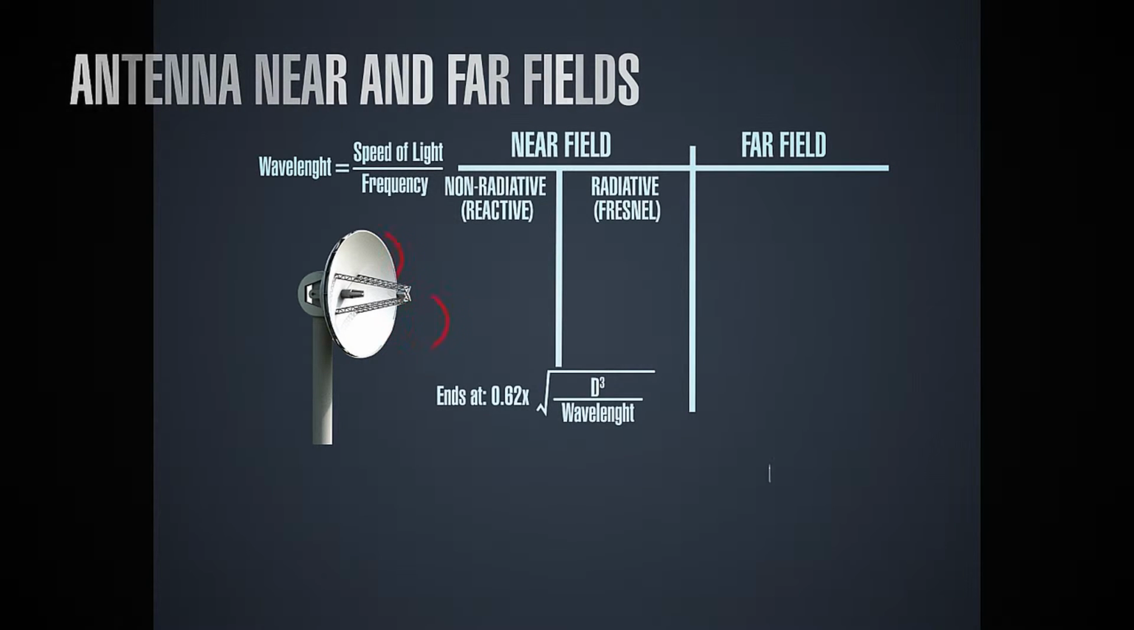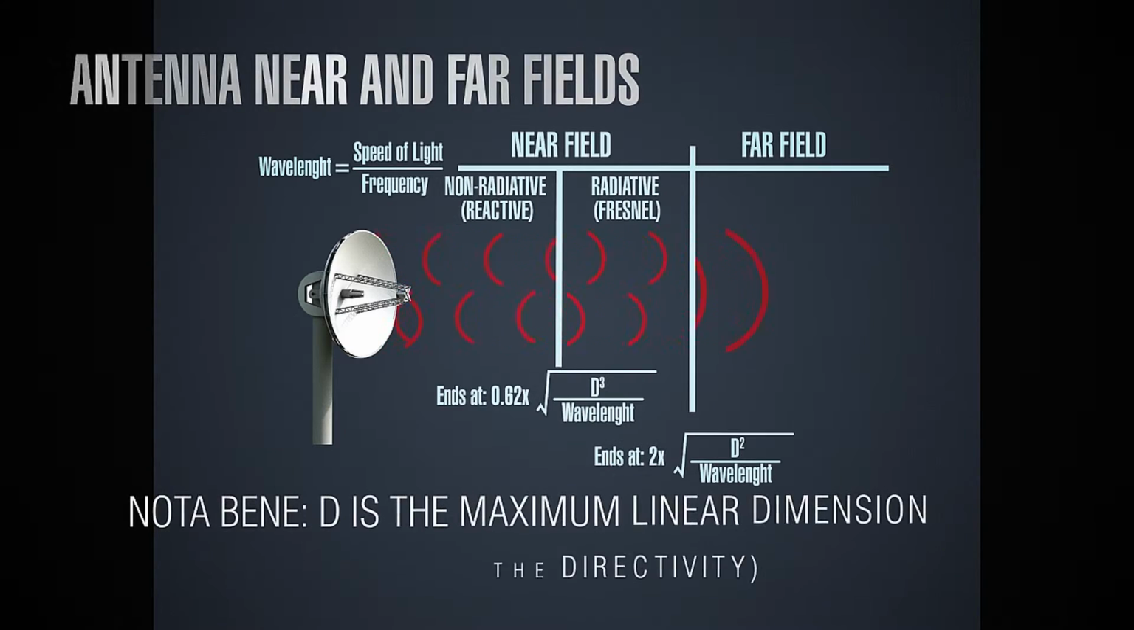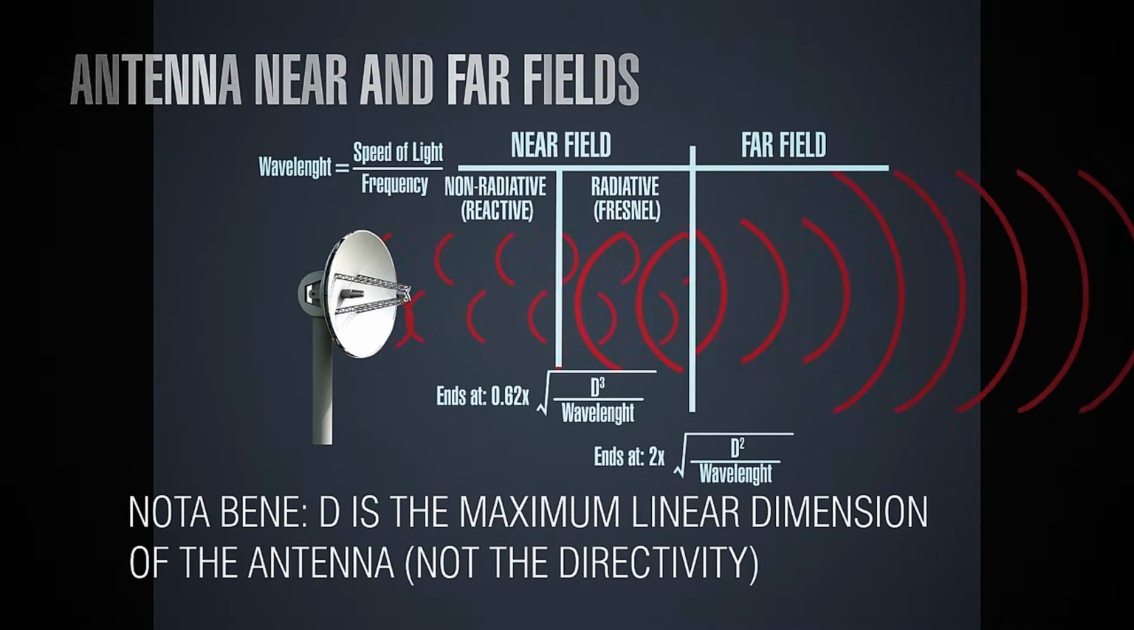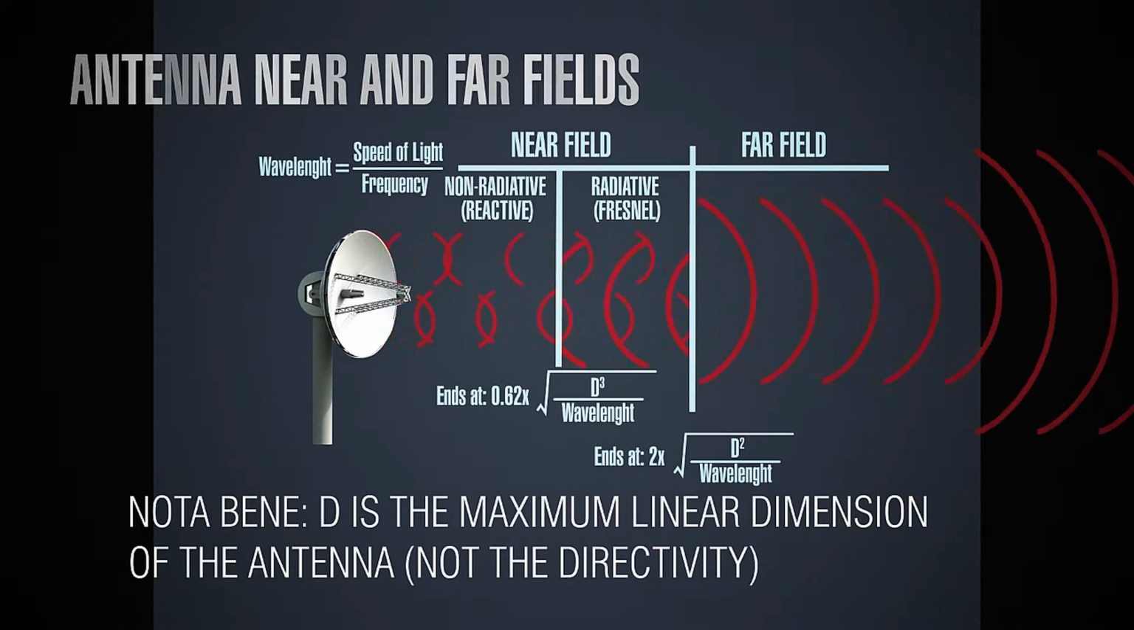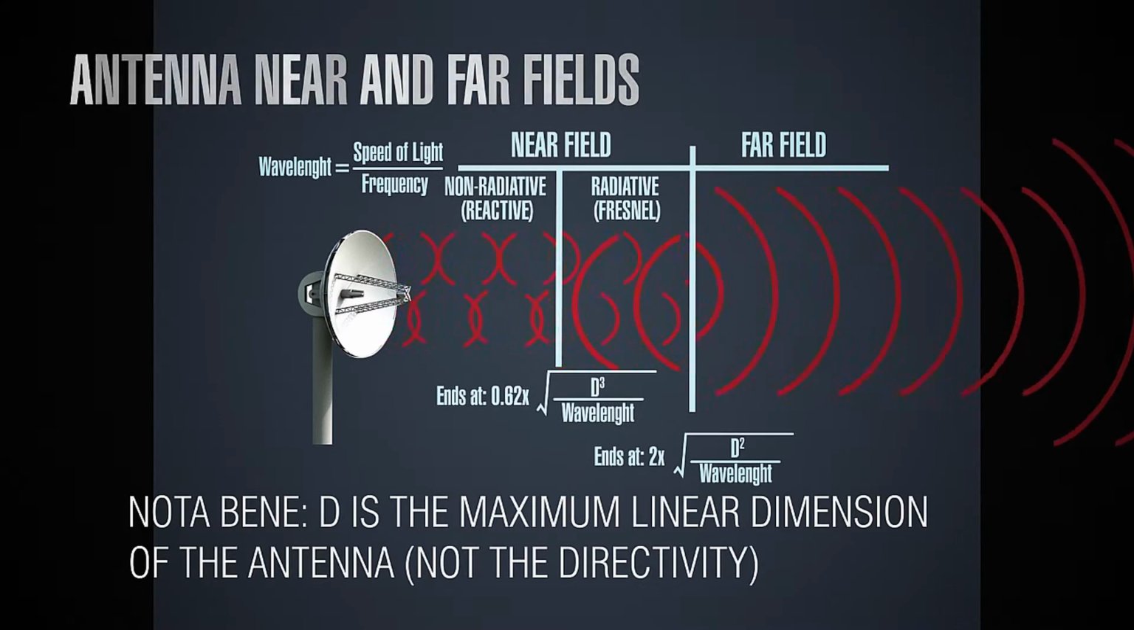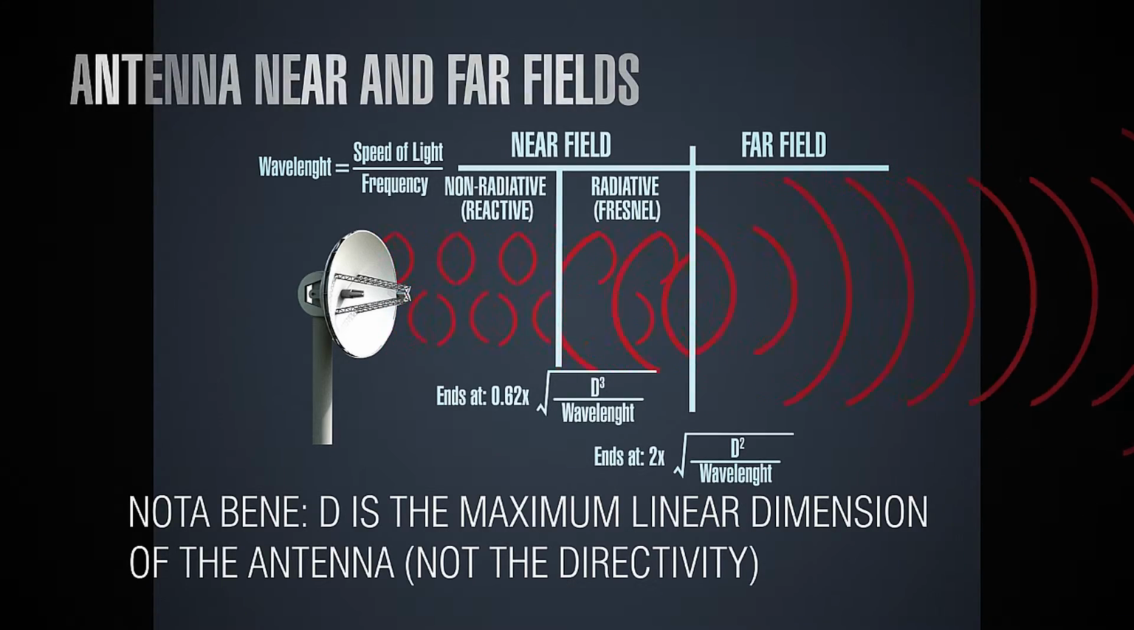Then we could distinguish between a non-radiative or reactive and radiative near field, but for the sake of this course, it's enough to understand that up to a certain distance from the antenna, the plane wave is not well created. Plane wave not being created means that the assumption that the electric field and the magnetic field are orthogonal to each other, and then orthogonal, they stay on the same plane, orthogonal to the direction of propagation, is not completely